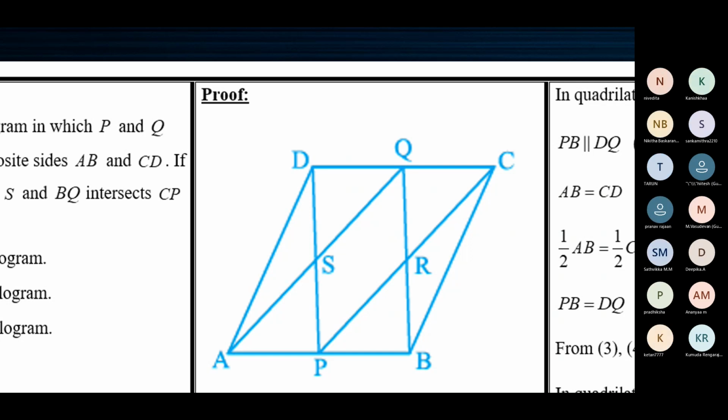Yes, ma'am. Now what's the next goal? What should you do next? Ma'am, we need to prove that the sides are equal. Which sides? PB and DQ. Very good. PB and DQ, we need to prove they're equal. We proved that they are parallel. Now we need to prove they're equal. Yeah, go ahead. Yes, ma'am. Let me think, ma'am, one minute.